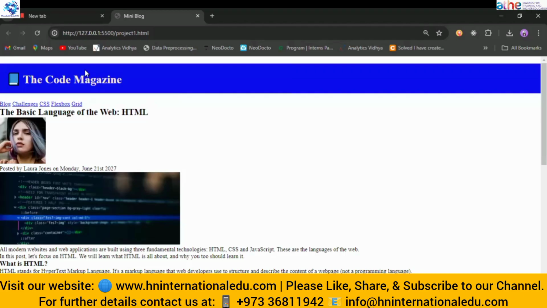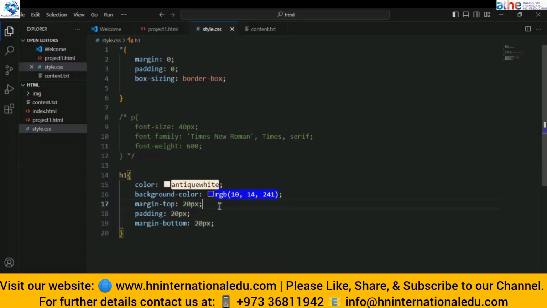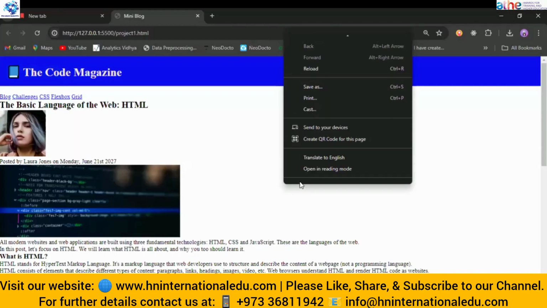So you can see if I create the margin-right property, a gap is created between this and the upper part. So this is the difference between the padding and margin. The margin will create the space outside the text, but the padding will create the space inside the text. So let me show you more about it. So we will inspect this code.